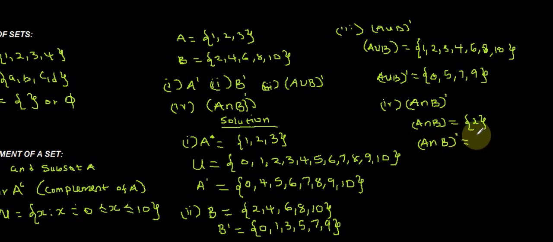And the complement of A intersection B is what is in the universal set that is not in A intersection B. We have 0, 1, there is 2, there is no 3, 4, let's continue it here, 5, 6, 7, 8, 9 and 10. So this is it for